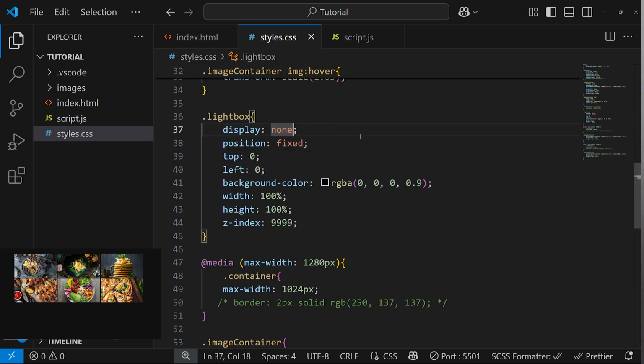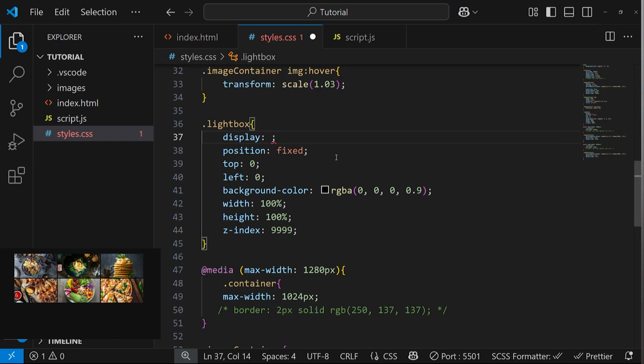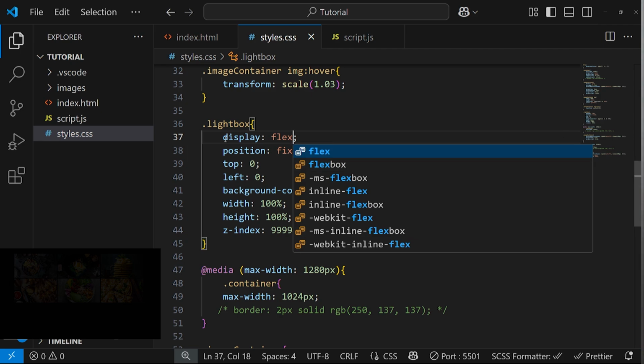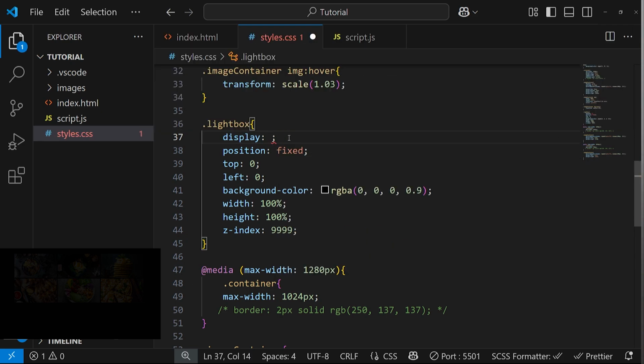And then we just set the display to none because we don't want it to show by default. So in order to get this to show, we would need to change the display value to flex. And now you can see that it's showing. But we don't want to do this in the CSS. We need to do this in